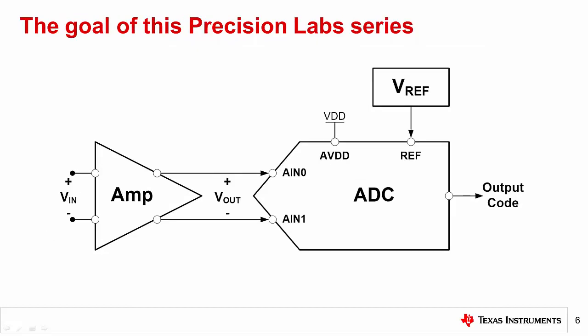In particular, the noise in high-resolution ADC systems is typically dominated by the amplifier, ADC, or voltage reference represented by the system shown here. Therefore, our goal for the remaining Precision Labs modules on ADC noise will be to predict and verify this system's performance using calculation, simulation, and measurement. While other devices contribute noise, which we will analyze in subsequent modules, one of the three components here tends to be the limiting factor with respect to system noise performance.